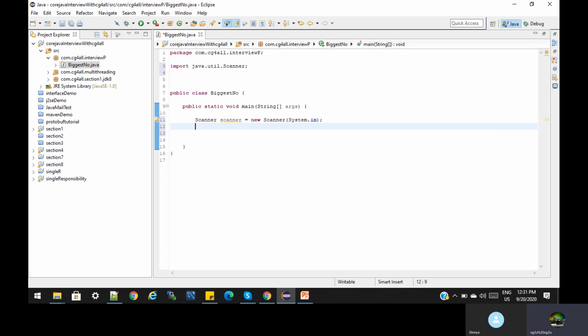Now we use this scanner object and print: enter the number to be compared. The default value read is a string, so we have to convert it into either integer or long.